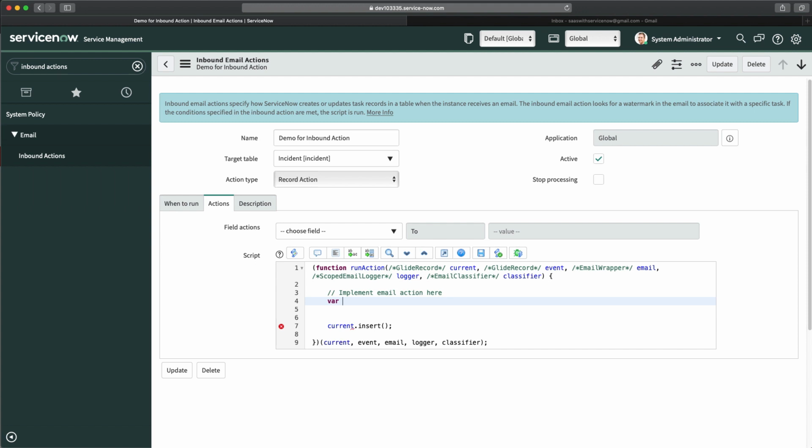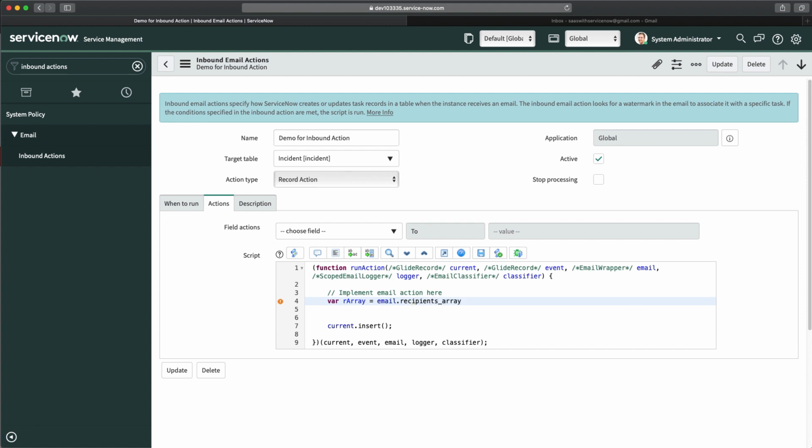ServiceNow provides different variables which you can use with the email object. So I will first create a variable that will hold an array object, basically array data, which we'll get from the email address field. That is the to field, where exactly this email was sent. So I will do array equal to. How exactly will I get the data mentioned in the to of the email? I will get it via recipients